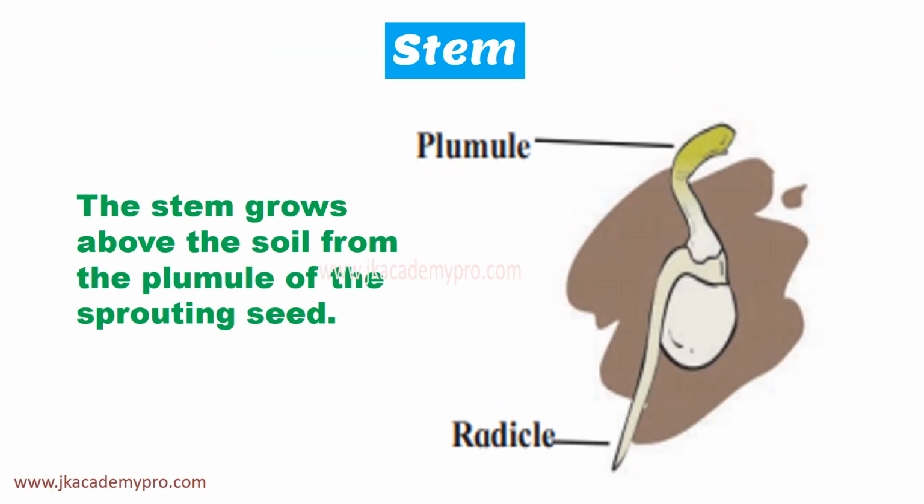Now, in the earlier part of the lesson, we had done a small experiment where we had sprouted some beans, okay? And when we sprouted, we noticed that there are two hair-like structures that come out. One we had learnt goes deep into the soil, and that is called the radicle, which forms the root system. And the other part that grows above the soil is called the plumule. And this plumule then forms into the stem of the plant.